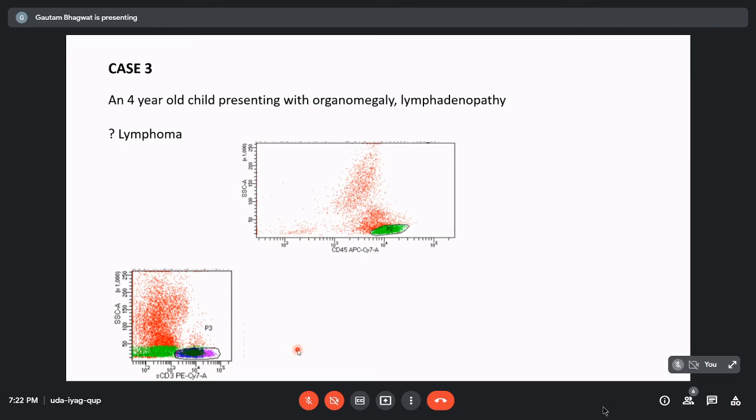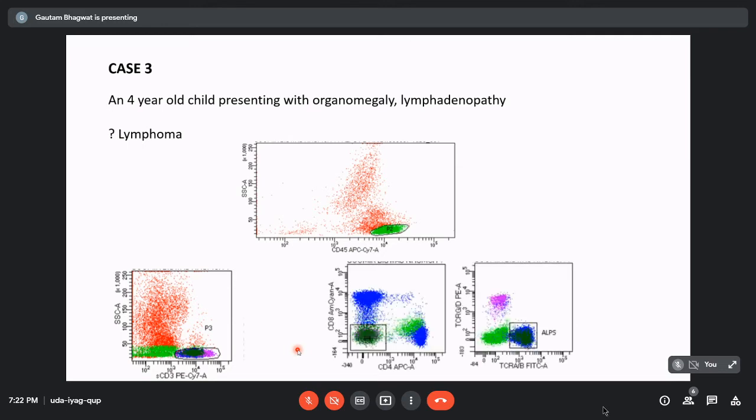So many events in the CD4, many events in the CD8, and few events in the CD4 and CD8 positive component. But what we saw in this child was that in the CD4 and 8 negative compartment there were many T cells. Ideally we should have had these cells and a few cells over here, but no cells over here. But in this case what we found was that these cells were CD4-8 double negative, and when we gate on